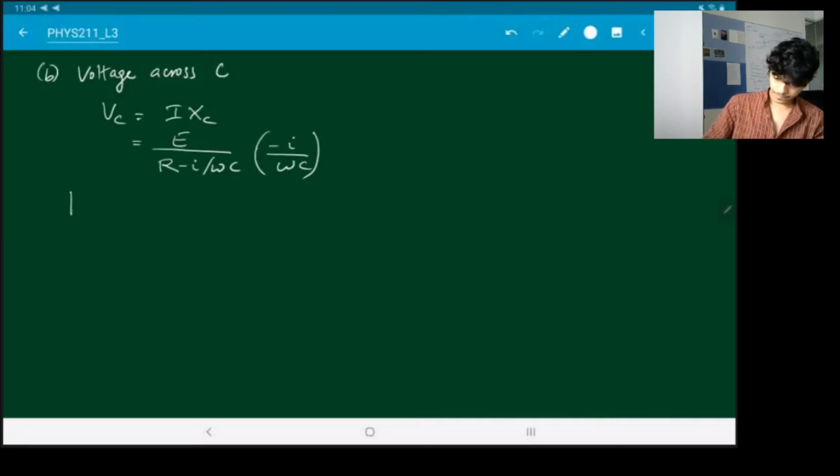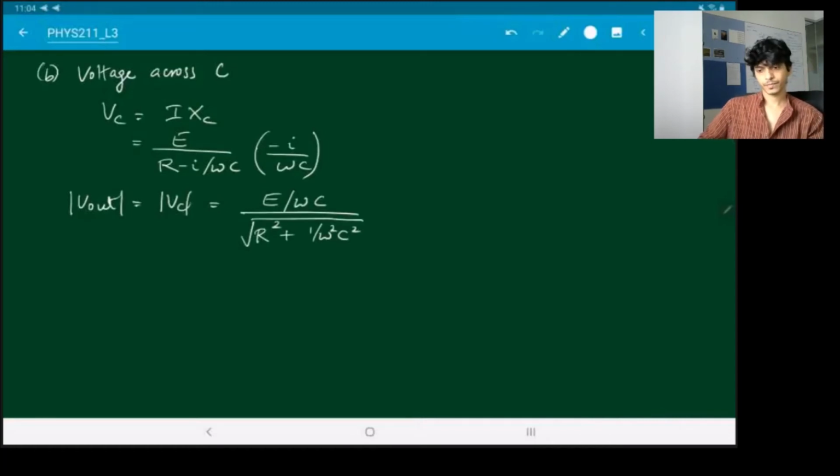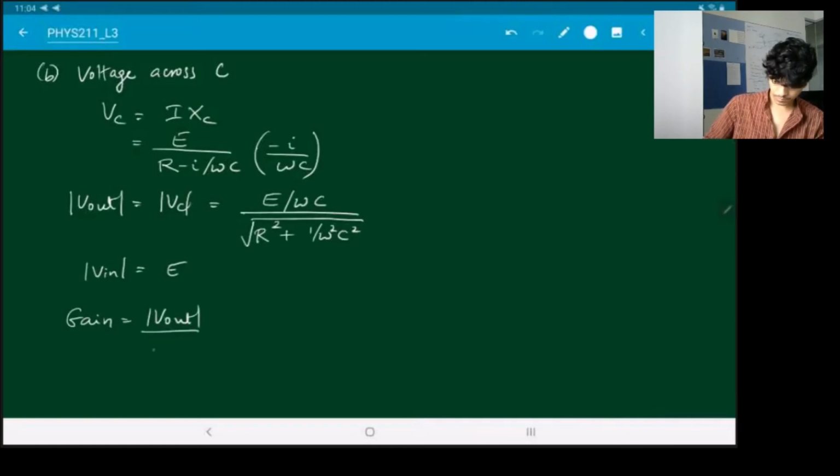So V out is just Vc, because now we are interested in the voltage across the capacitor. This turns out to be E over omega C squared. And V in, again as before, is just E. So the gain, which is the ratio of these two, turns out to be